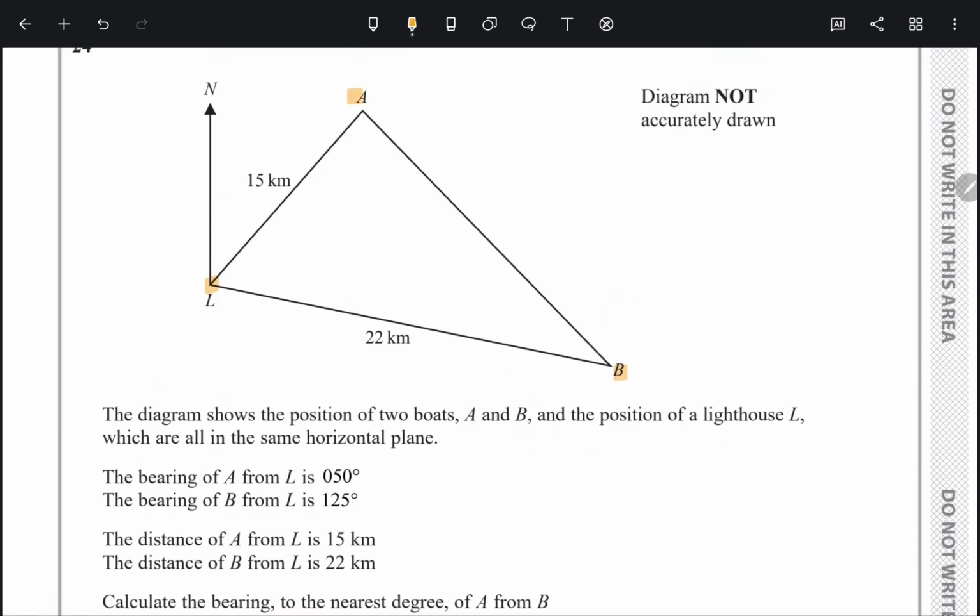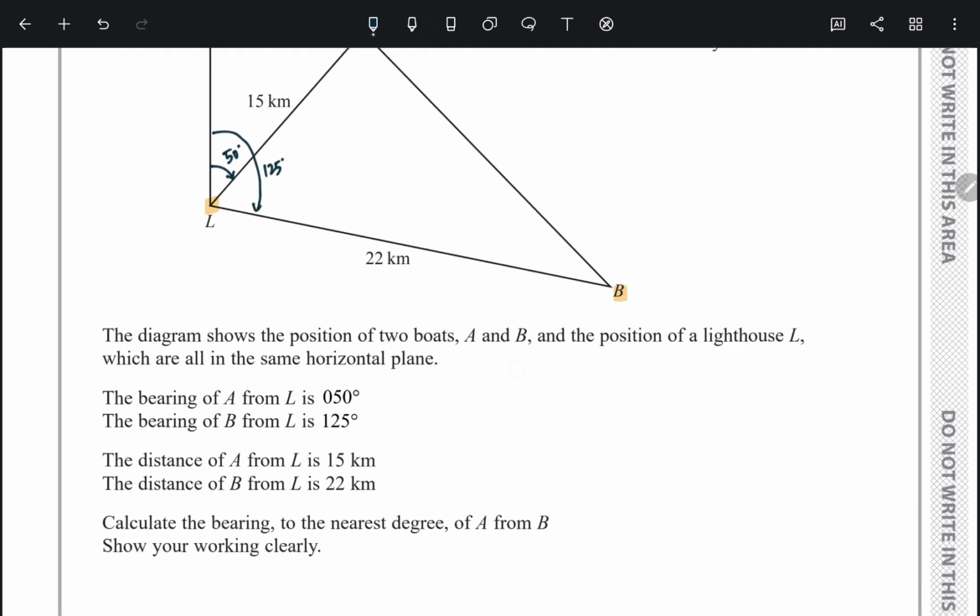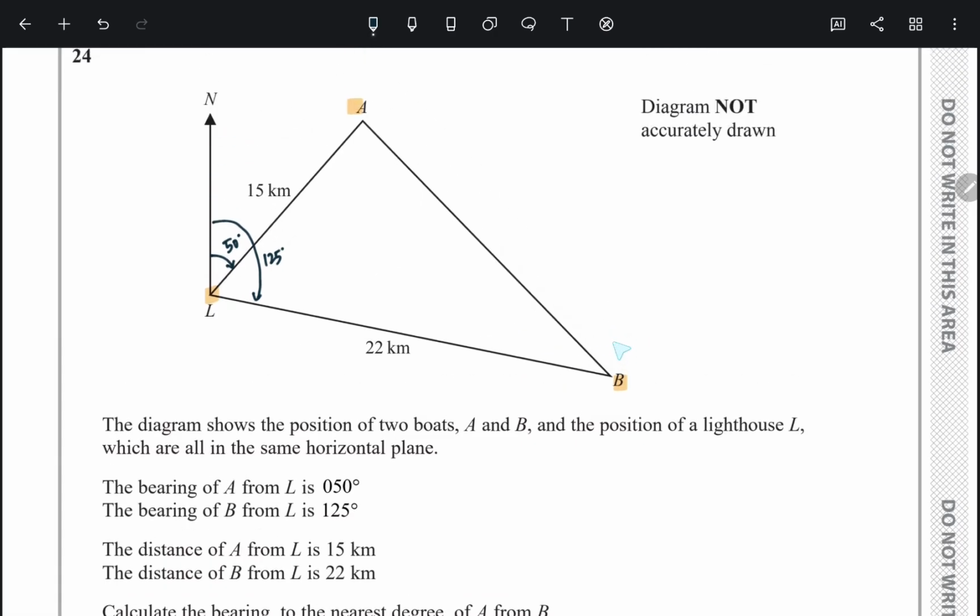The bearing of A from L is 50 degrees, so that's north, so that's going to be 50 degrees. And the bearing of B from L is 125, so that's 125 degrees. The distance of A from L is 15 kilometers, and the distance of B from L is 22 kilometers. Calculate the bearing to the nearest degree of A from B. So if we draw an origin here,